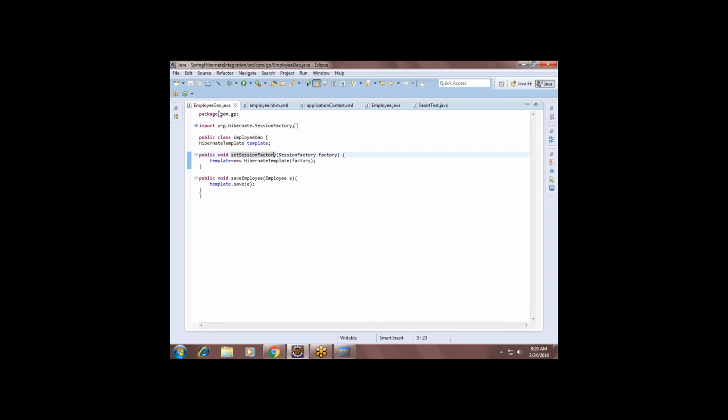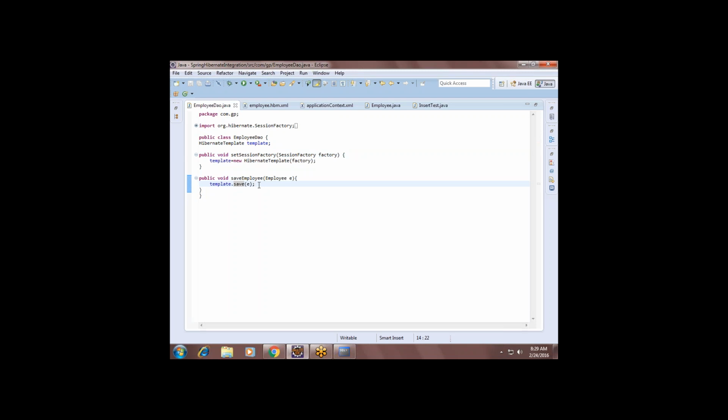So Spring will create a session factory. The session factory object we are going to use is Hibernate template. It's a predefined template. So what is the template doing here? Template means you need not worry about opening the session, closing the session, maintaining the transaction commit and rollback. Everything is done by the template. Simply you invoke the save method of the template and put your object. This is more advanced than the normal program we saw in normal Hibernate.